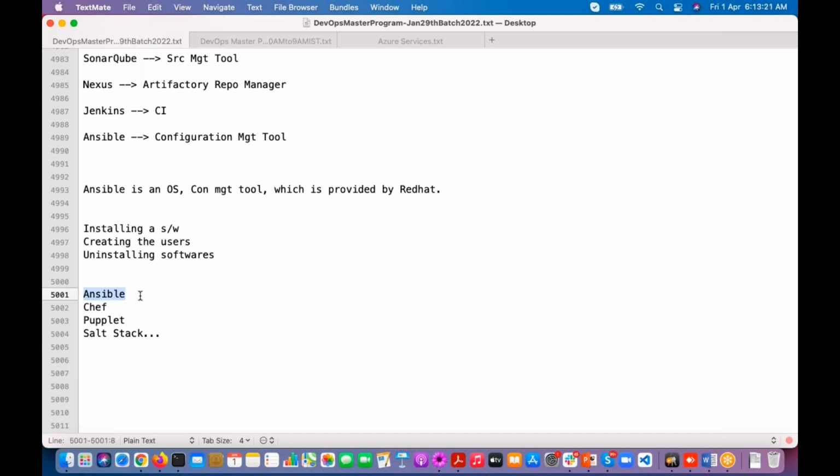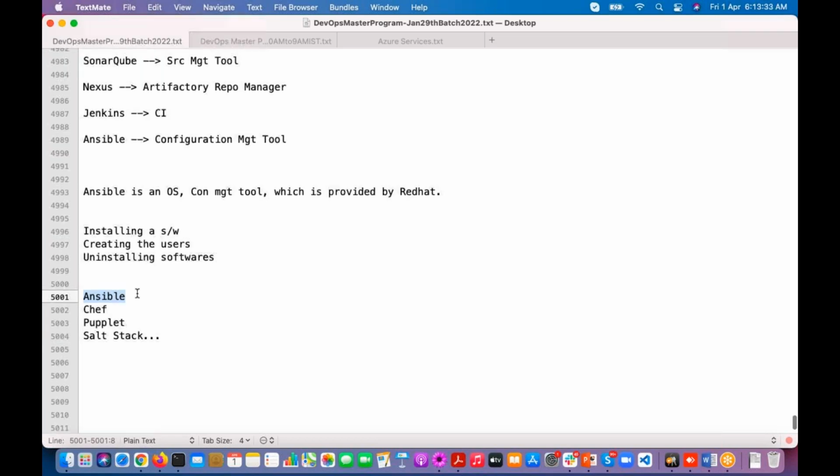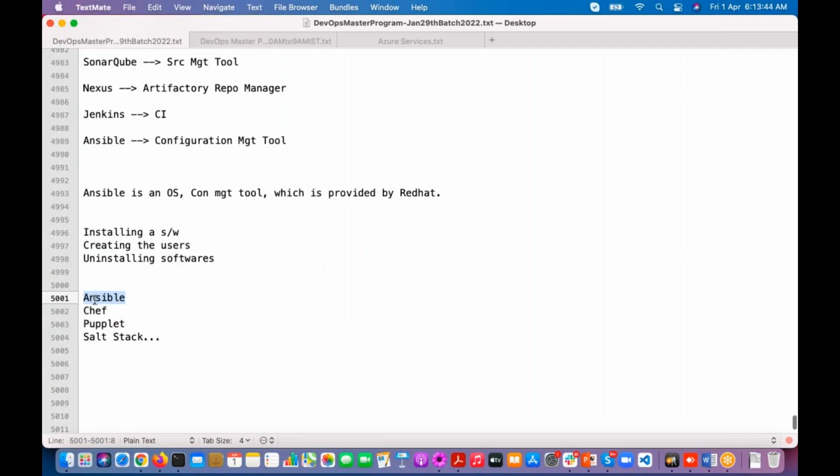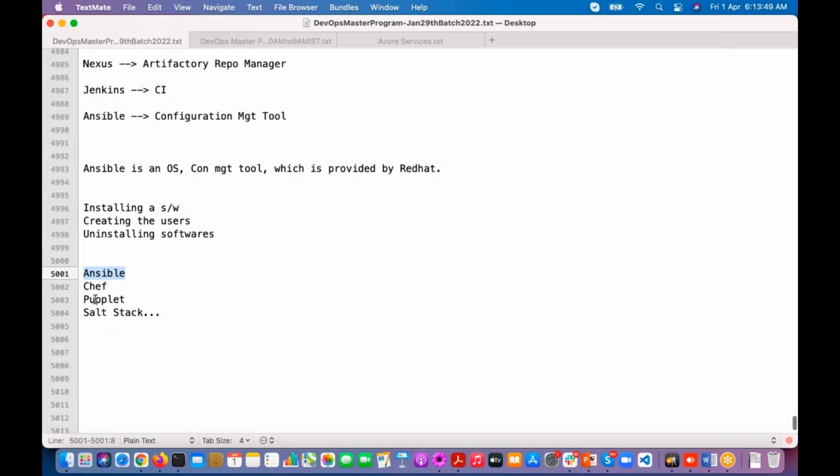So why are we learning Ansible? Why not Chef? Why not Puppet? We'll discuss. Many people are using Ansible. Why are we using Git and GitHub? It's popular, many people are using it, it's open source, you don't have to pay money. Here, Ansible is open source and it is provided by Red Hat.